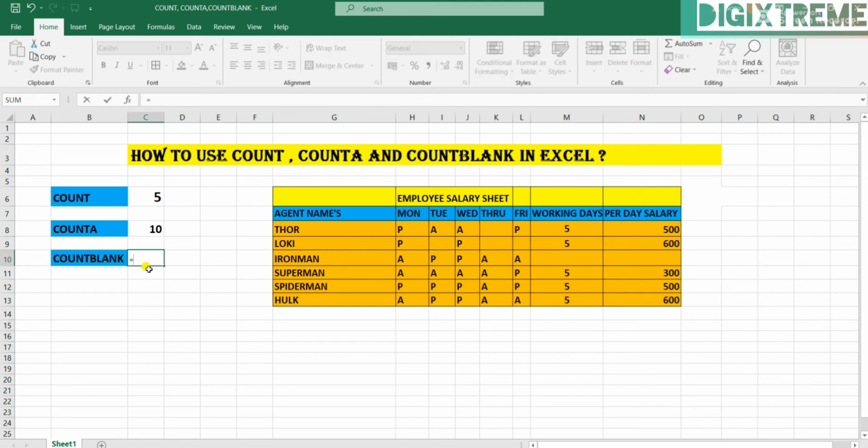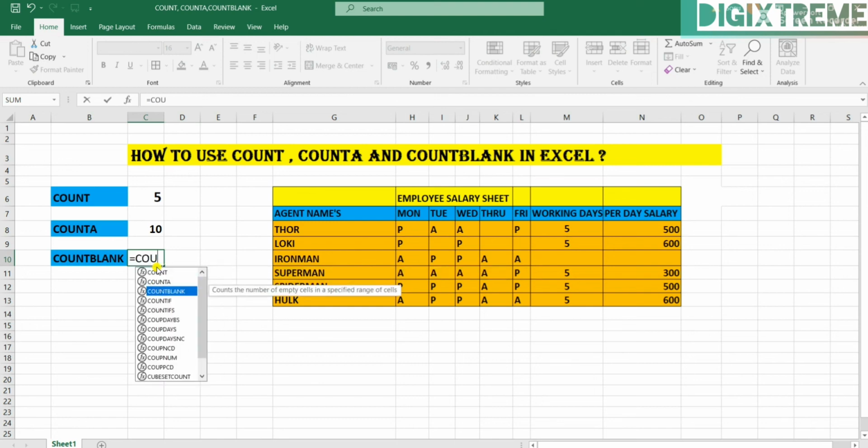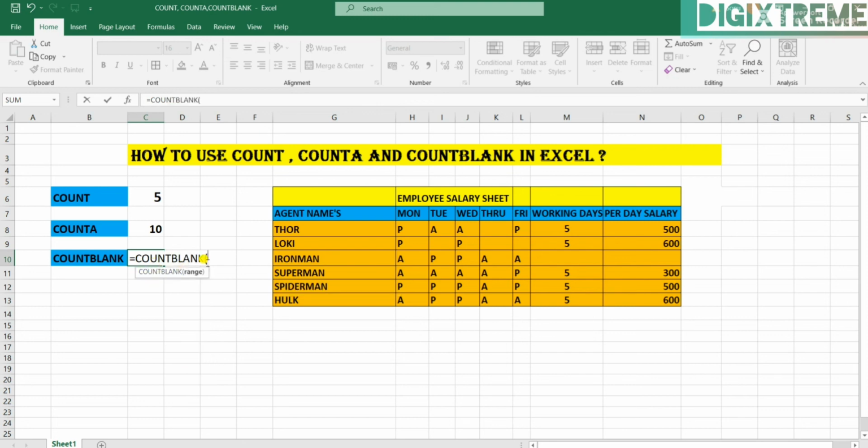Again, I'm pressing equal to COUNTBLANK. I'm pressing tab. So it has opened the bracket. Now I have to select the range where I have to count. It is very useful if you are working with office data and you are looking for whether you have missed any entry, and you want to find out the blank cells, then this formula is used.